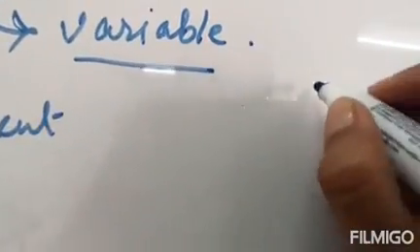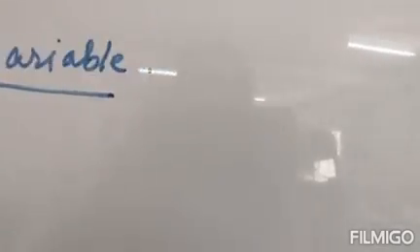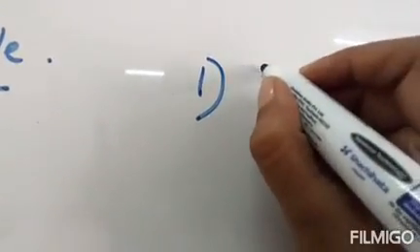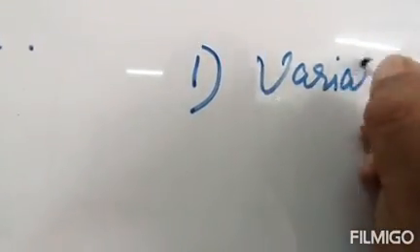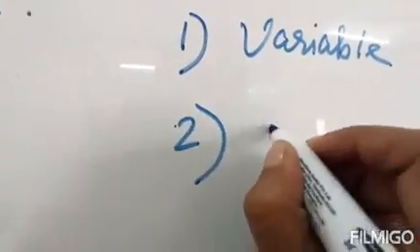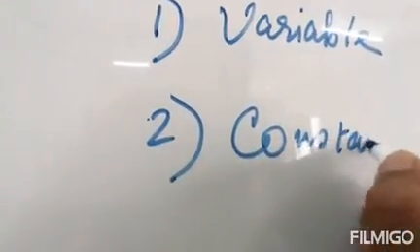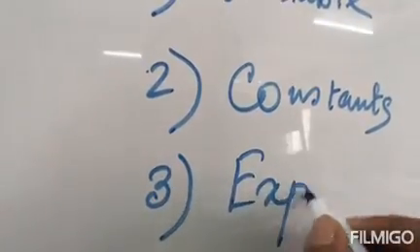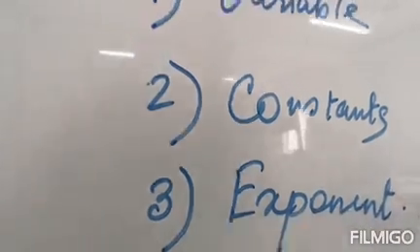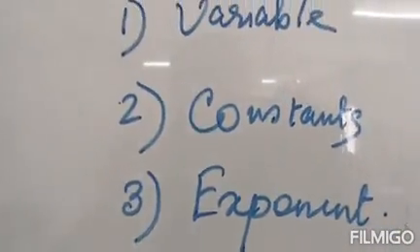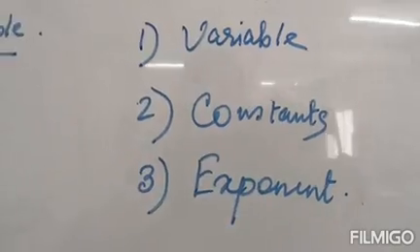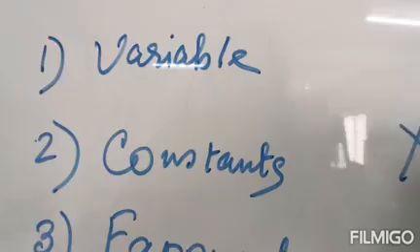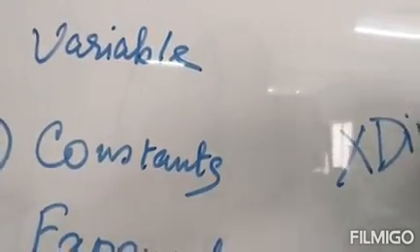Now what are the characteristics of polynomial, or what can a polynomial comprise of? Polynomial comprises of variables, constants and exponents. Variable, constants and exponents. So any term which is having a variable or a constant, or it has got exponent, can be termed as polynomial. But division is not allowed in polynomial. Division of terms are not allowed in polynomial.